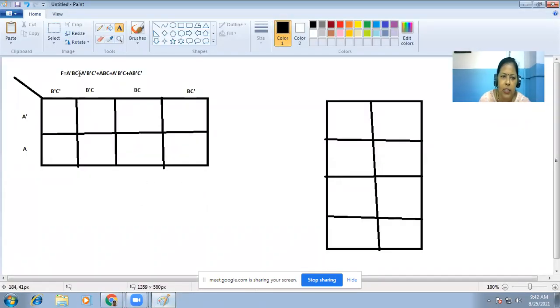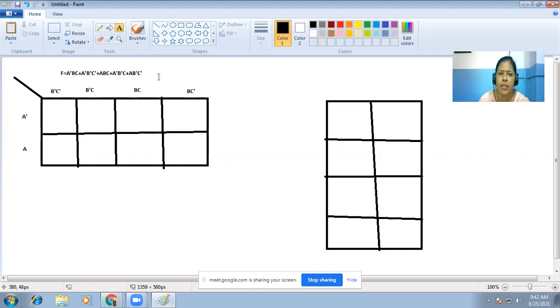Now, this combination means what? Actually, for these combinations, my output will become 1. So A bar B C corresponds to this box. What am I supposed to write in this box? I am supposed to write the output corresponding to this combination, which means 0, 1, 1.